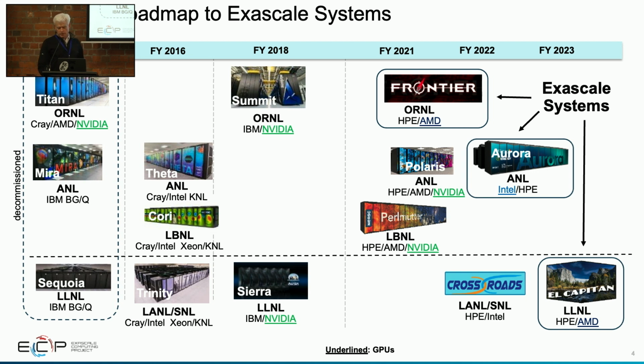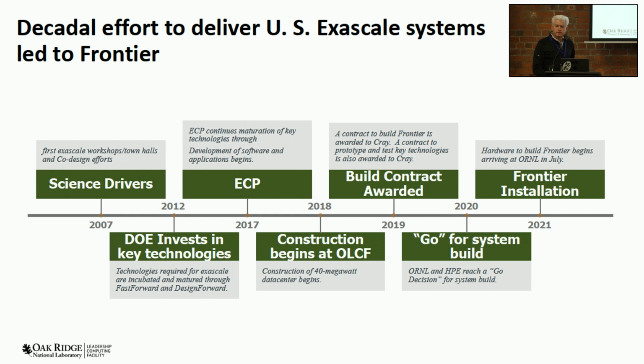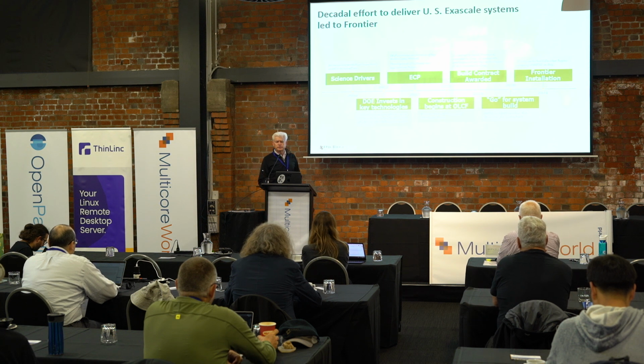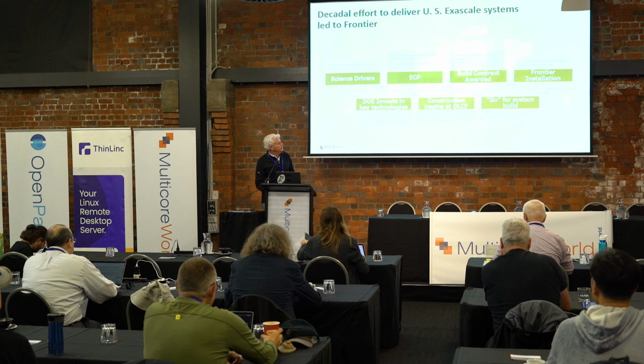And so we've been working hard to get ready on day one to deliver applications and go after these problems. At least for Oak Ridge, this has been a decadal effort to deliver these systems. They're really first-of-a-kind, serial number one systems. And as probably most of you are aware, we've certainly been talking about exascale for a long, long time. What you see here are key milestones for delivering Frontier at Oak Ridge in fall of '21, and the Exascale Computing Project really started in earnest in the fall of '17. I'll talk mostly about the Exascale Computing Project, in particular the software stack and the apps, but it's really been